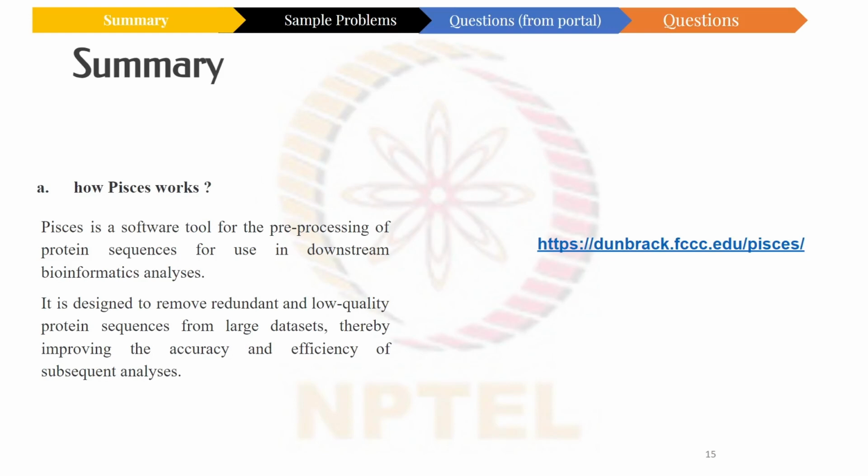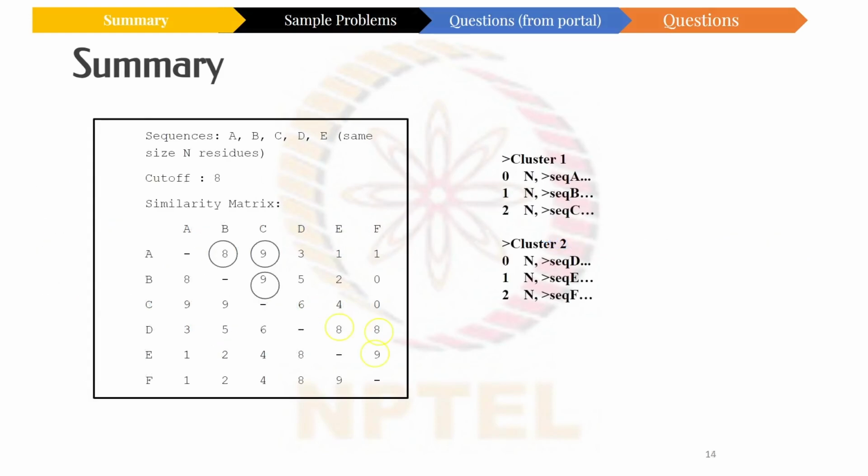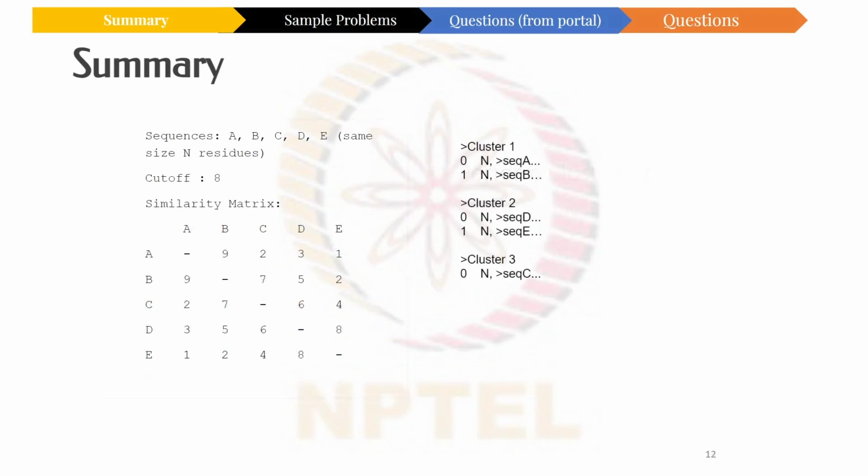and protein function prediction. One of the key features of PISCES is its ability to filter sequences based on their structure as well as their sequence similarity. This helps to ensure that the resulting reference dataset is of high quality and suitable for use in a wide range of computational biology applications. Okay, previously I forgot to mention CD-HIT